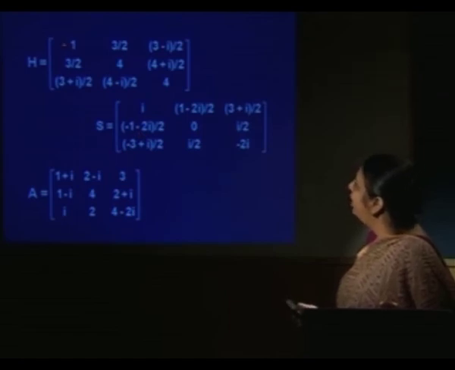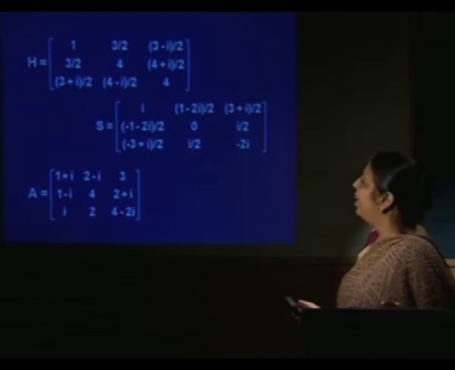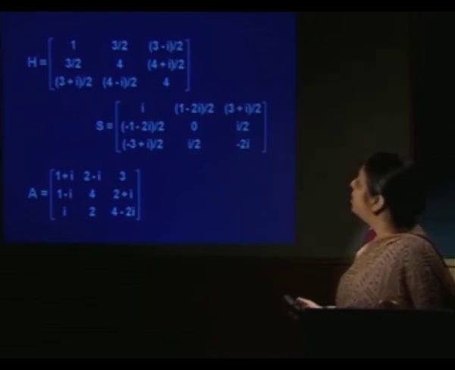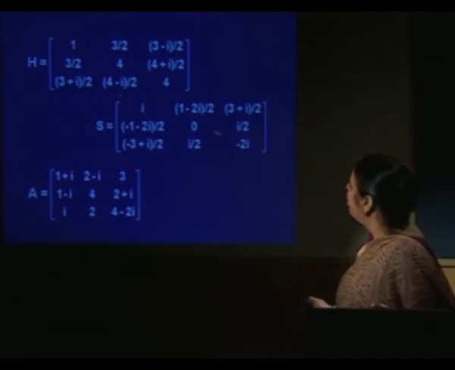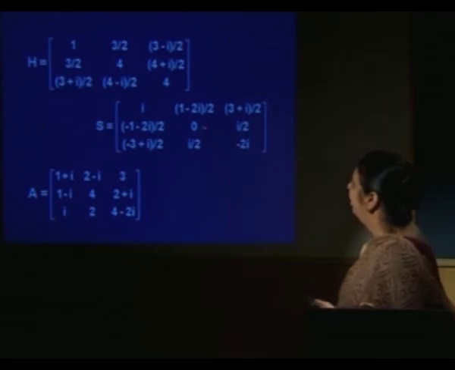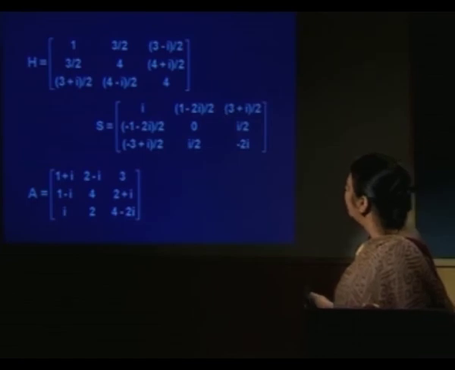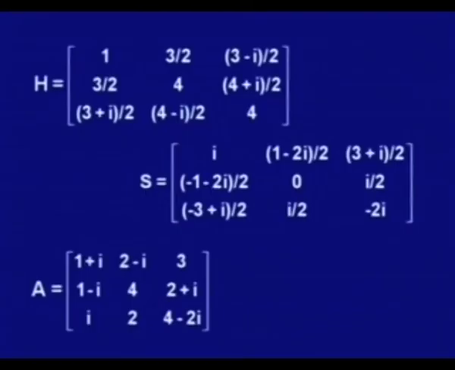Now, one can notice that in Hermitian matrix the diagonal elements have to be real, because if they are not real then they cannot satisfy the property that H is equal to H bar transpose. Similarly, in the skew Hermitian matrix these elements have to be imaginary, and of course they have to be complex conjugate. This and this they have to be minus of complex conjugate, because S has to be skew Hermitian. So, this has been shown: 1 plus I is 1 plus I, 3 minus I by 2, 3 plus I by 2 is 3, and so on.